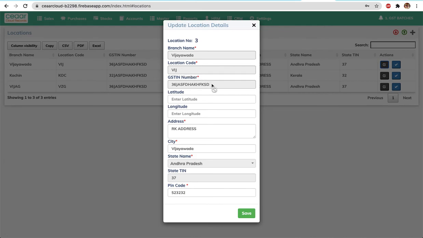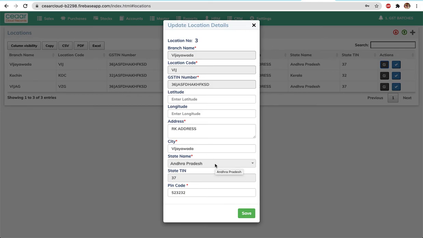The GSTN number is the GSTN number used for this particular location, not for the company as a whole. And this address is the address of the location. And this city is the city where this address is located. Even though you mention it in the address, you have to mention the city separately. Again, this is for the sake of GST.